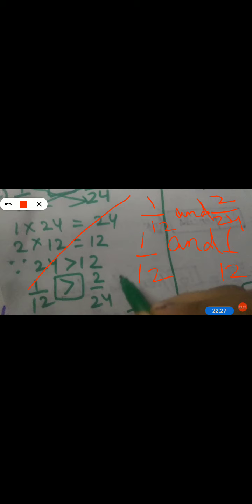I have done this question just to make you understand the mistakes that you are going to do in the examination. Please don't do these types of mistakes. You will be first converting this 2 upon 24 to the lowest term and then you will be doing the question. You can do the cross multiplication if you want and the answer will be same, 12 and 12. So this will be equivalent, right?